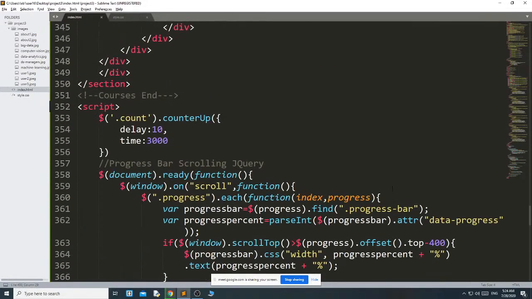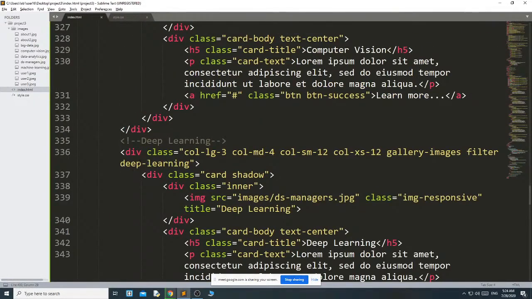Everywhere I have used the filter. Just a minute, we will see what happened. Okay, filter we have used.